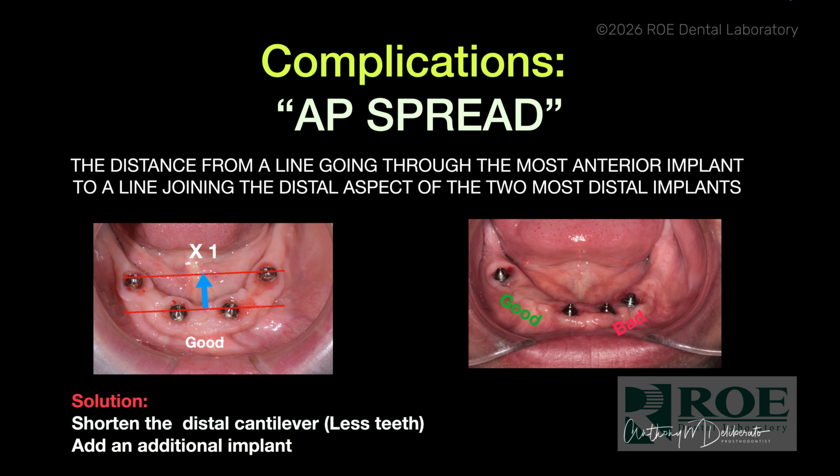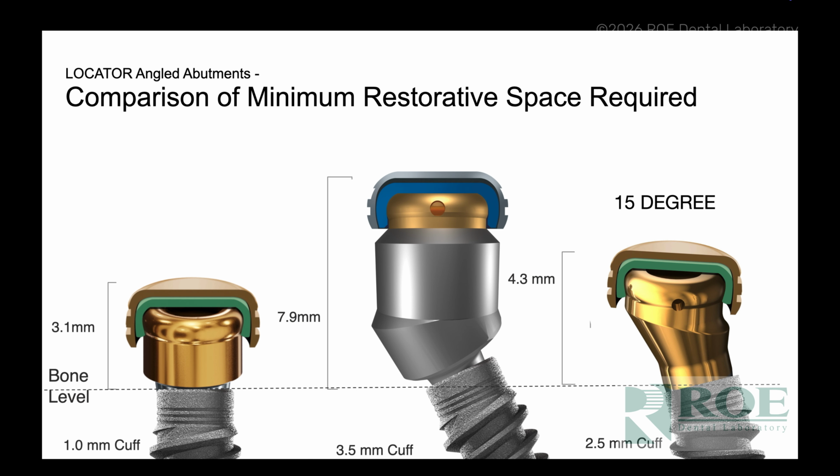And if we have a poor AP spread, then we have to consider shortening the distal cantilever and having fewer teeth, or considering adding an additional implant, like putting a small diameter implant more posteriorly. And this picture kind of shows you the restorative heights of a straight type of LOCATOR abutment. Before we had the angled abutments, there used to be an option that we could put a sleeve and then screw in a LOCATOR abutment in order to